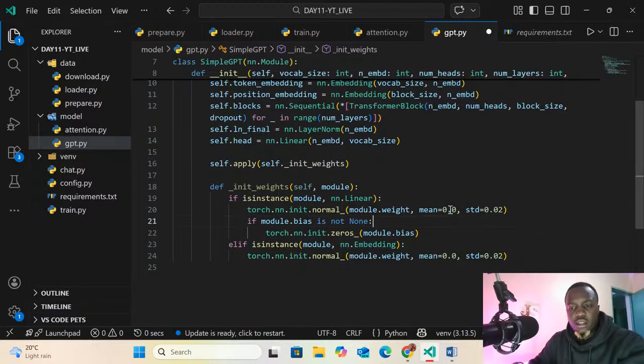The mean, by default, should be 0.0. Then the standard deviation here. Okay, this one looks good.